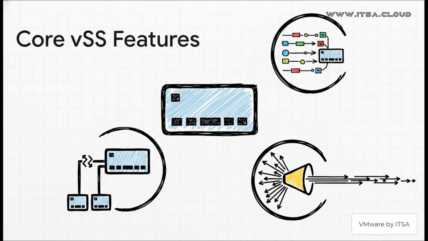And a VSS is way more than just a simple connector. It has some really powerful features built right in. It can handle VLAN tagging, which lets you slice and dice your network into multiple separate private networks all on the same switch. It can also do NIC teaming, which is awesome. You can bundle several physical uplinks together for more speed, or to act as a failsafe if one of your connections ever goes down. It even gives you basic traffic shaping to help you prioritize important data.